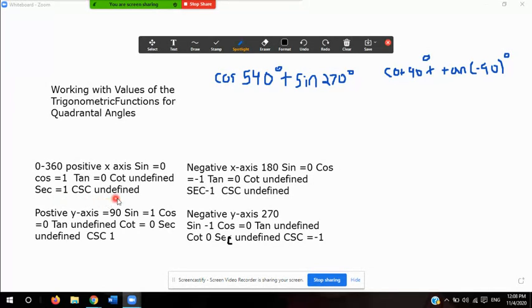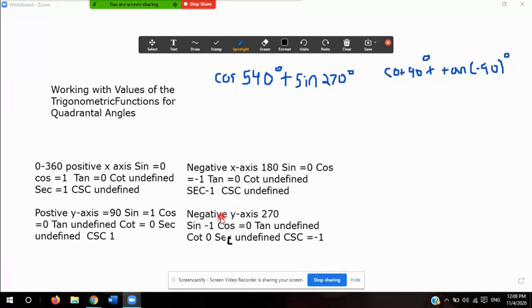If we look at 90, which is on the positive y-axis, the sine equals 1, the cosine equals 0, the tangent is undefined, the cotangent equals 0, the secant is undefined, and the cosecant equals 1. If we look at 180 degrees, on the negative x-axis, the sine is 0, the cosine is negative 1, the tangent is 0, the cotangent is undefined, the secant is negative 1, and the